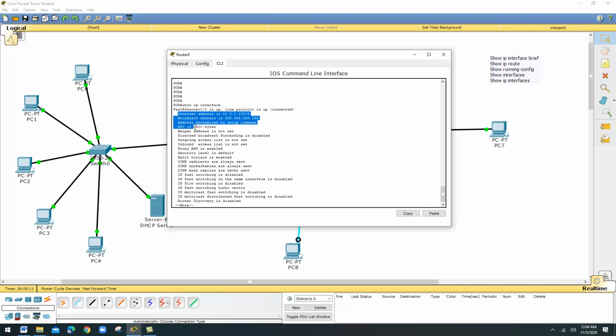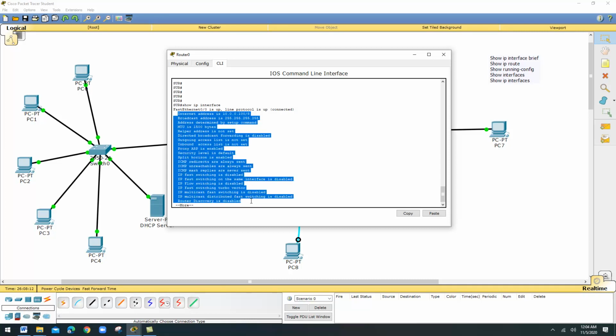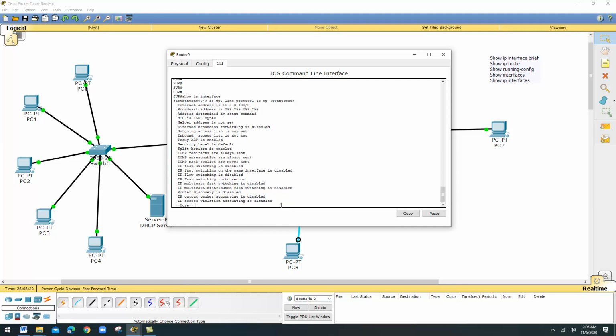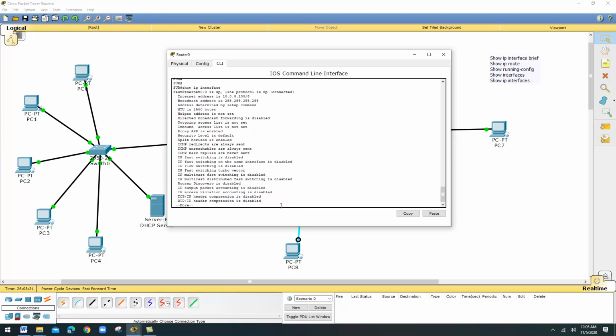These are all the information about fast Ethernet 0/0. If you use the word brief, it is giving only one line: what is the IP address, and what is the status, up or down. But if you are not using the word brief, you are getting complete information. There are plenty of things available here, but you cannot understand all these things at this stage. You will understand slowly.